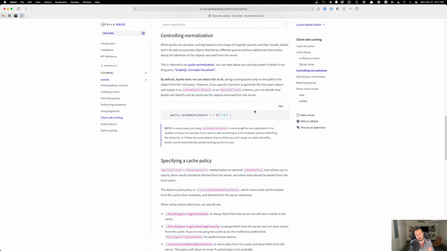But the challenge that I have is that the Apollo implementation is good when you are just doing basic queries, right? So if you do a query for a list of items and they have IDs, you can override this cache key for object function, which will return specific IDs for your objects, and then it will cache